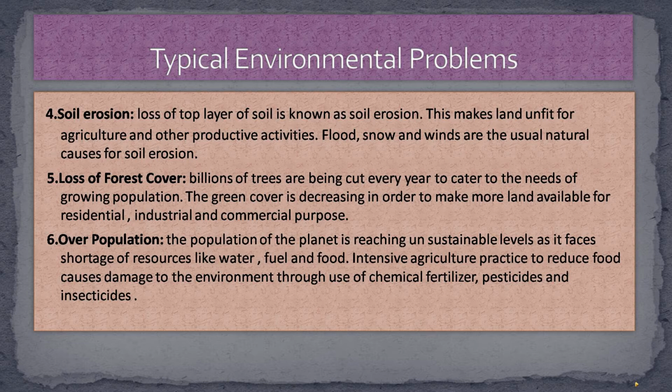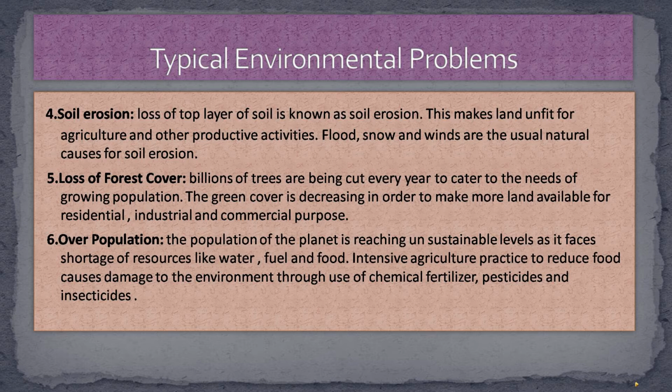Here, soil is the top layer of the earth's surface. It is made up of dirt and rock, and it is filled with air and life. A variety of organisms like insects and earthworms live in the soil. Especially for plants, soil serves as a storehouse of water and minerals needed for plant growth.